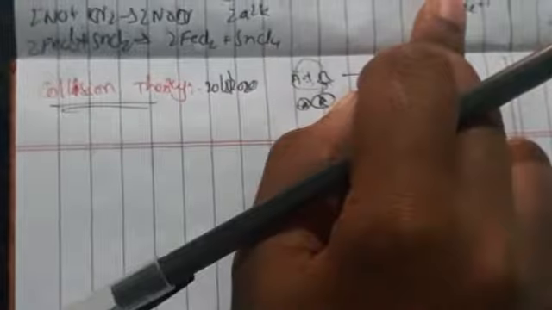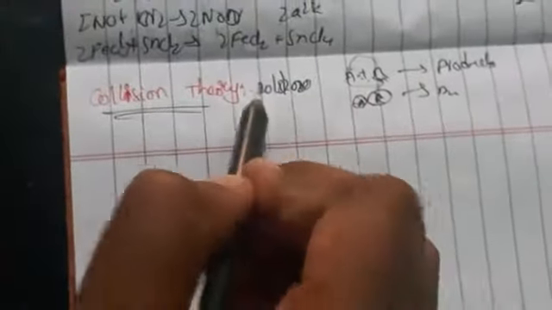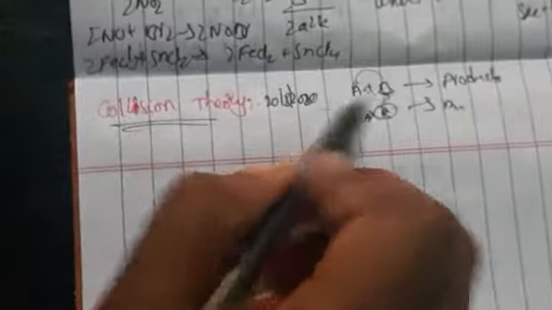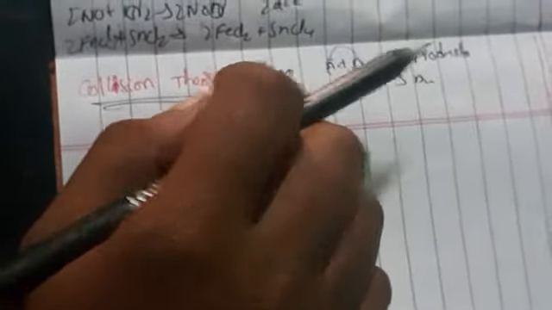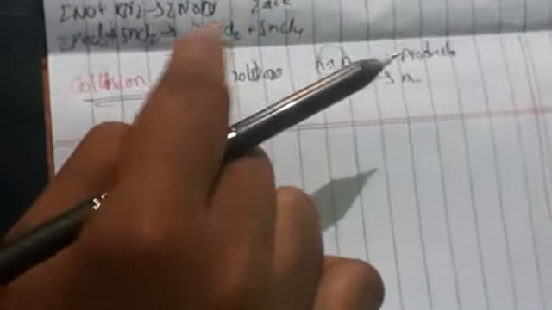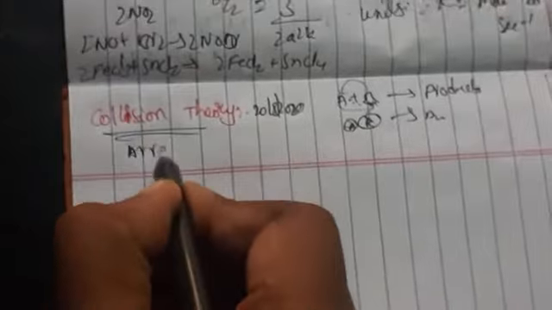Why? Because here Arrhenius proposed a theory, the collision theory, since there will be activated molecules also. So that's why Arrhenius explained a theory